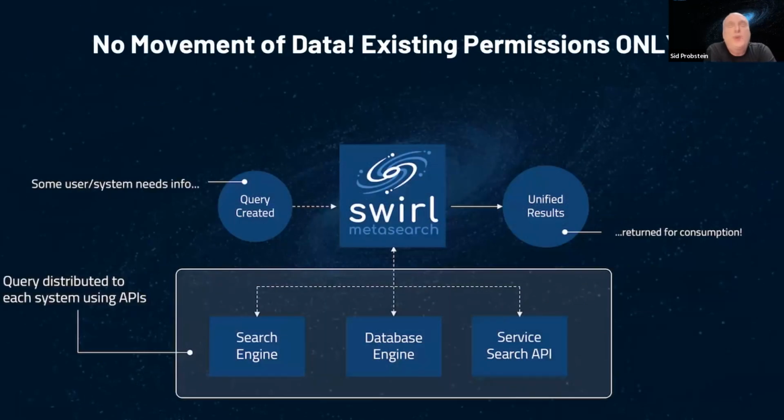And not to put too fine a point on it, Metasearch is about moving the query, not the data. So when some user or system needs information, it creates a query inside of Swirl. Swirl sends that query out to each search engine, database, API, whatever's out there, adapting it as it needs to. And then it returns results, unified re-ranked results that can be consumed in, as you'll see, you can use the